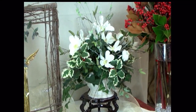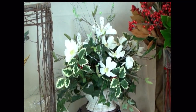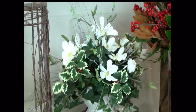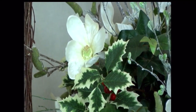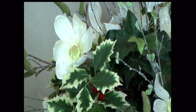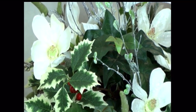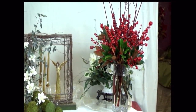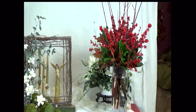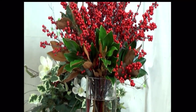Now, here again, we're working a lot with white. And when you do work with white, it's often very good to do that in a white container or a container that's not too obvious. This is all artificial. There is one thing, your holly, your American holly, or even your variegated holly, don't hold up as well as some of the greens. Now, here is a big arrangement using fresh magnolia,